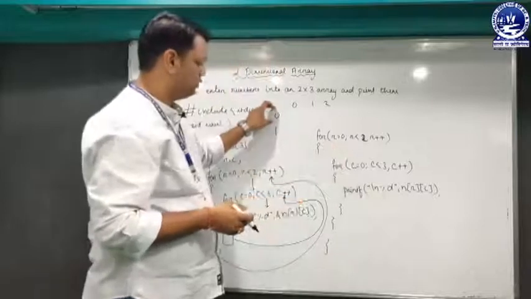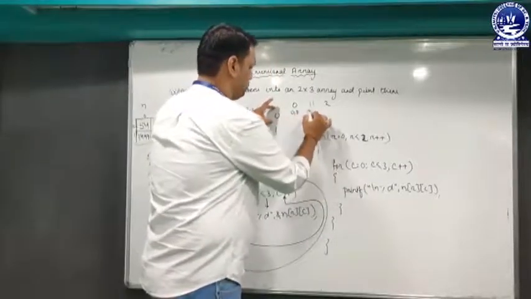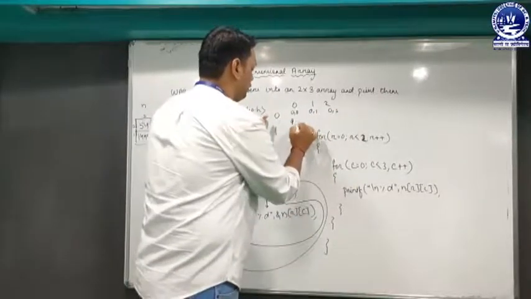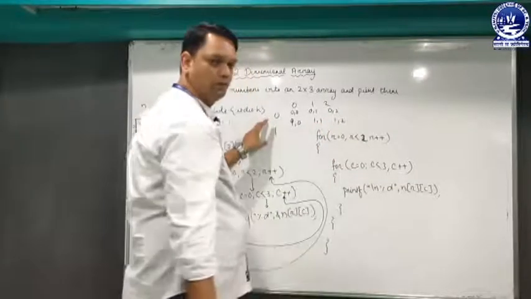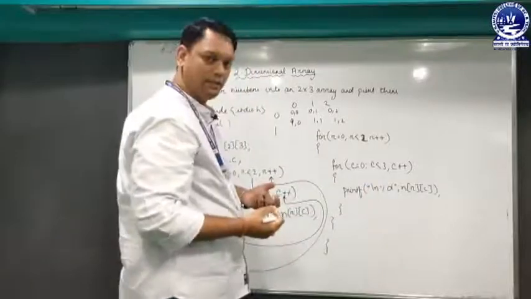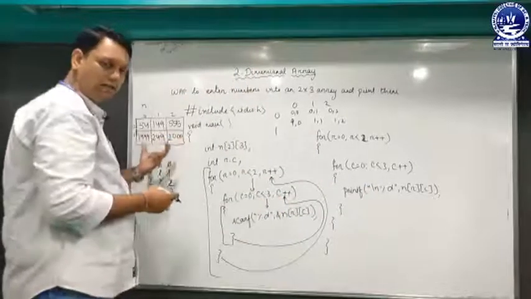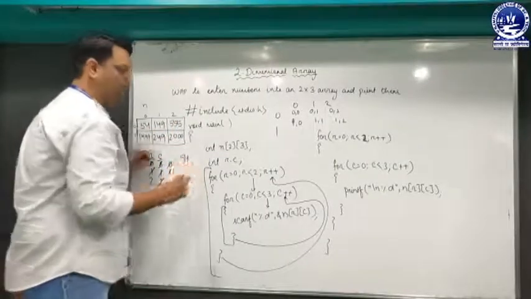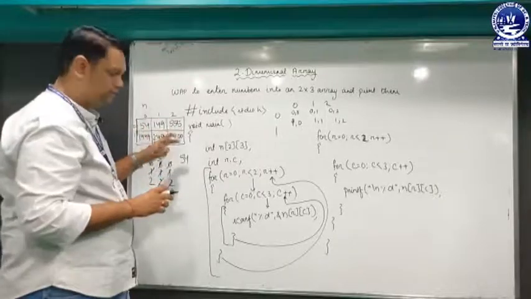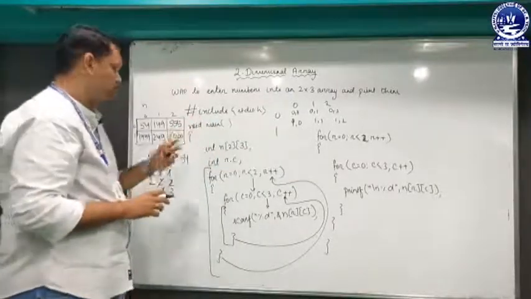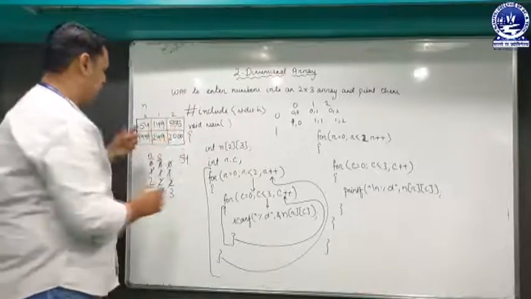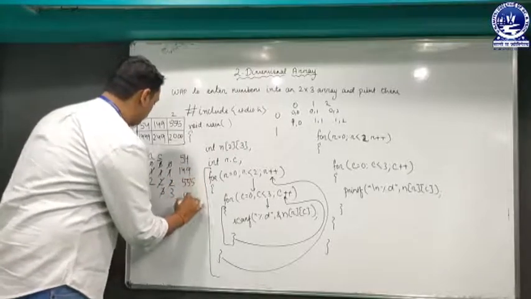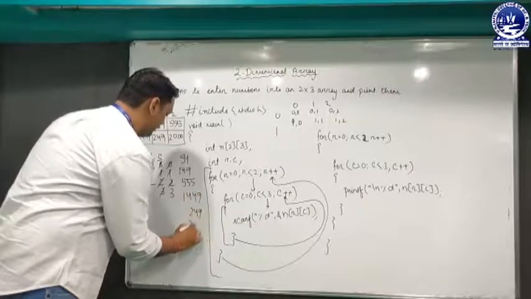So in this way the row values will be calculated. That means for row value 0, the C value will be 0, 1 and 2. Similarly for row value 1, the column value will be 1, 0, 1, 1 and 1, 2. So in this way the numbers will be extracted from the 2D array, and it will be printed. So the final output will be in this format. As I have not used to print the values row wise and column wise, so I have simply written it in printf. So all the values will be printed in a single line. So let's say 54 will be printed first, followed by 149, then 555, then 1449, then 249, and finally 2000.